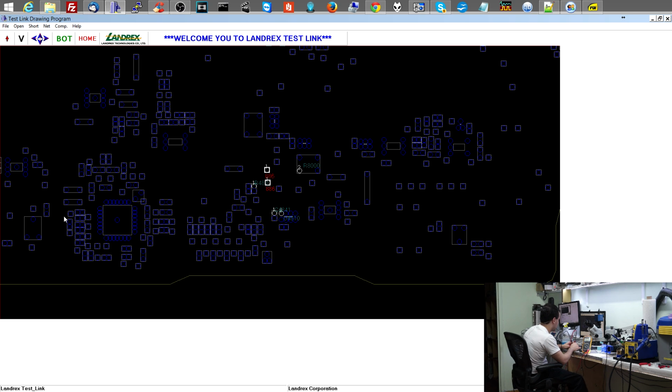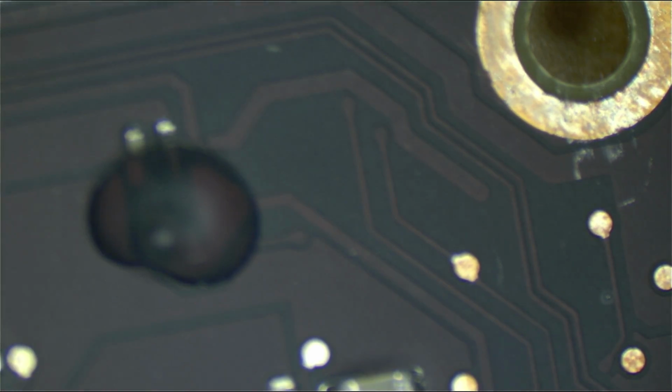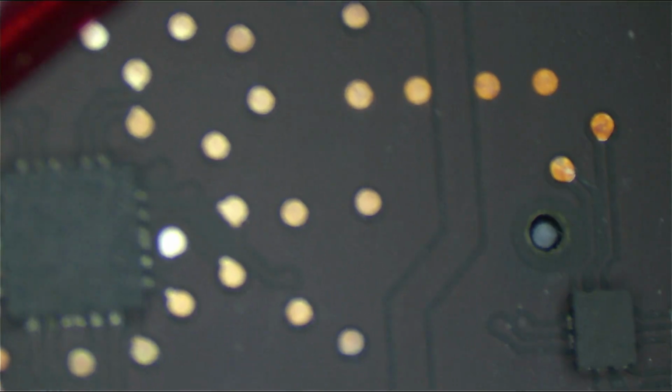Alright, so we are missing PP3V3S4. So pretty much whatever enables all the S4 rails is bad. So now we kind of start exploring, and let's see what areas look damaged on this board. We're going to just go and click around and see what's relevant and what's not relevant. So the first part that looks bad is this part under this red sticker here. So this is where they're trying to tell me what they think is the problem. So let's see what that chip...